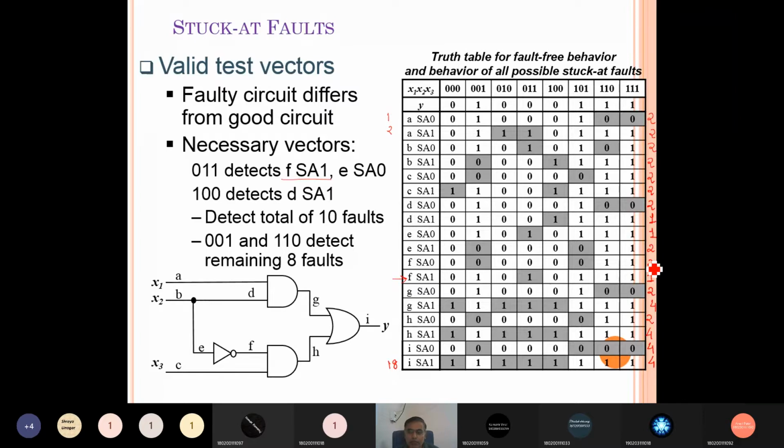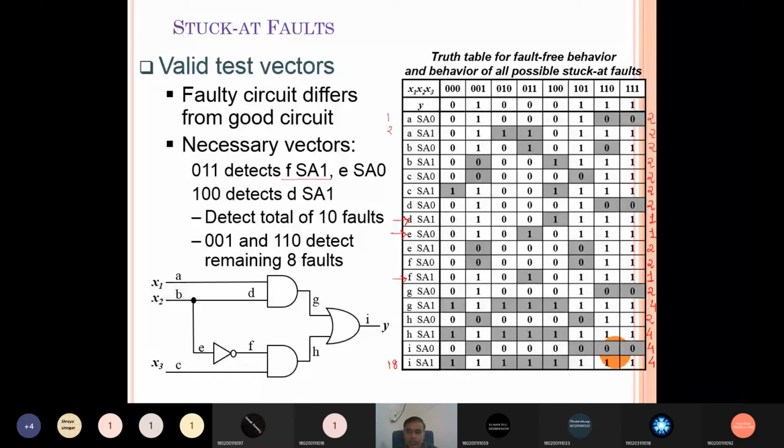Out of that we have to pick the fault row in which, for the minimum number of input combinations, the faulty and fault-free outputs are different. For these, if you can see, there are three: one is this, another one is this, and the third one is this. So we can say to detect the D stuck at 1, E stuck at 0 and F stuck at 1, a unique test pattern is required, right? Because it is detected by only one test pattern.